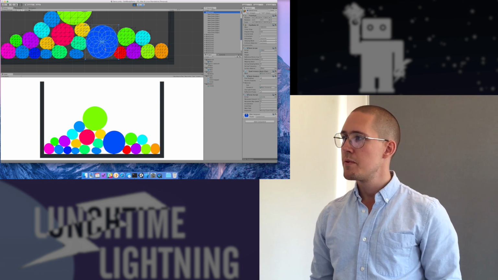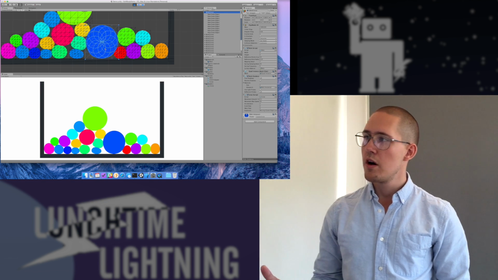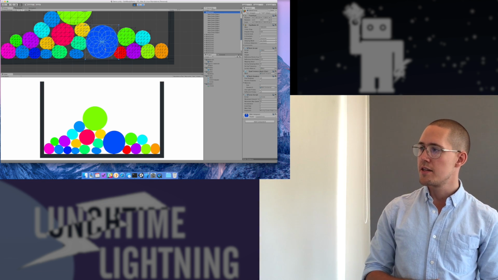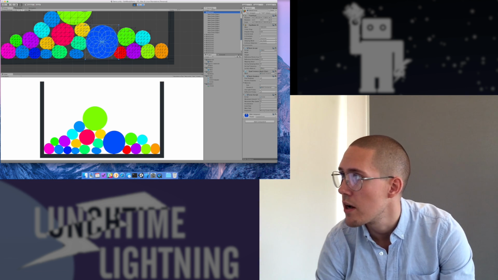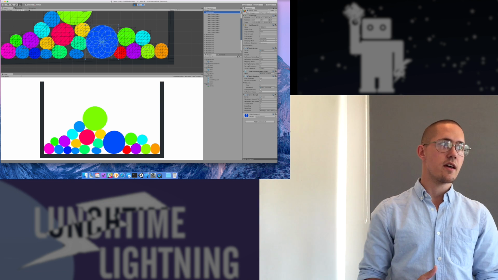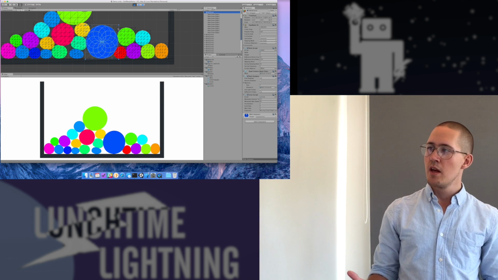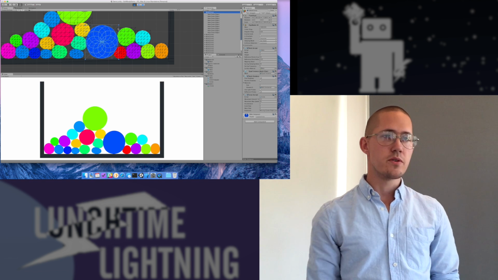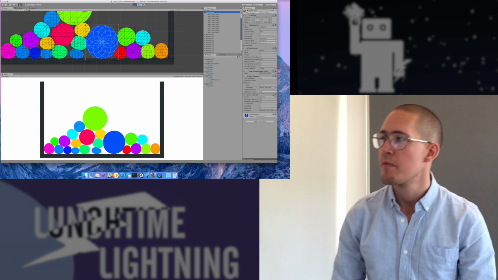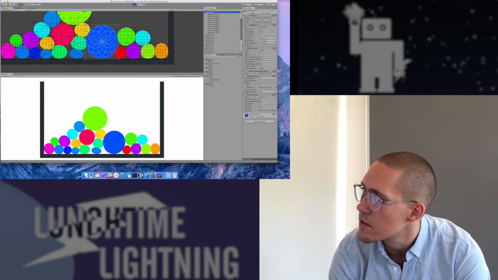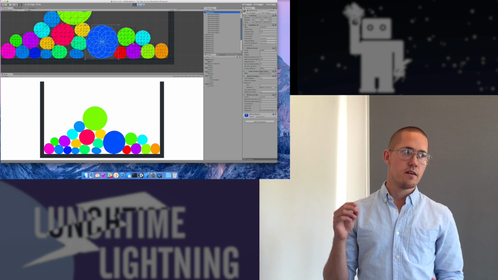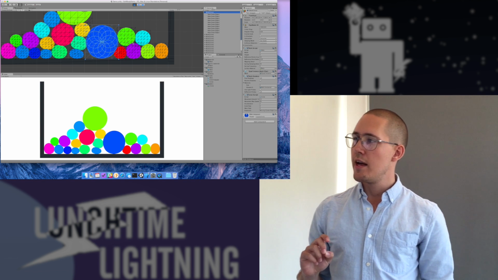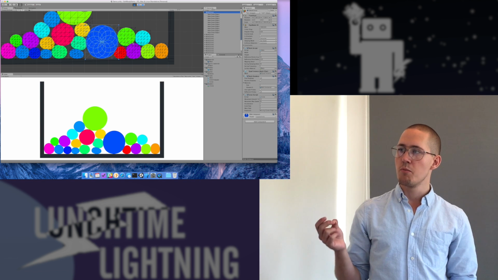After those are set up, the quad that is initially attached to the blob is split up into multiple small quads. And a quad is a three-dimensional rectangle with just one side, which is what we use to draw 2D graphics on in Unity. So as you can see here, these consist of a series of quads like this. And the reason this is done is to have more vertices, which is every point in the quad. And we want more vertices because we want more